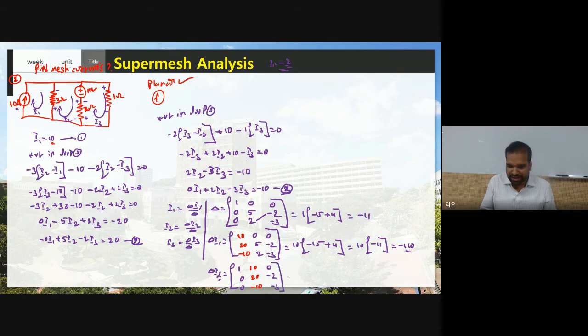Now you need to find the determinant of delta I2. Therefore 1 into, don't consider this row and don't consider this column, 20 into minus 3, minus 60. Okay, then if you multiply from up to down these two, so minus 10 and minus 2 is what? Plus 20. So here you will write minus minus will become plus, and here plus into minus minus. Therefore this is what? Minus 20. Now when you write here minus 10, you will get minus 10. So you already know, right? So this is plus and this is minus and this is plus.